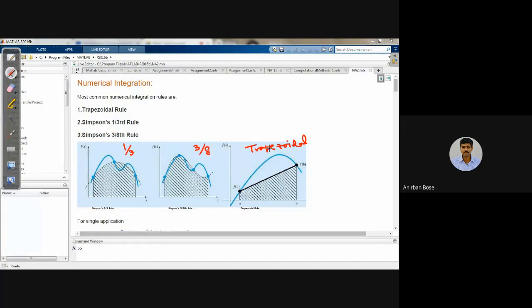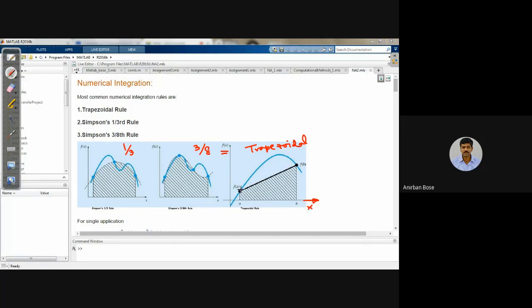Okay, so what is the idea? Let us first understand through this graphical representation of the integration, and then we'll go to the coding of the integration. From this picture, we know that the basic idea of integration, which we try to represent in a graphical format, is basically the area under some curve, and that curve is the function. So in the y-axis, it is the function of x, and in the x-axis, it is basically x.